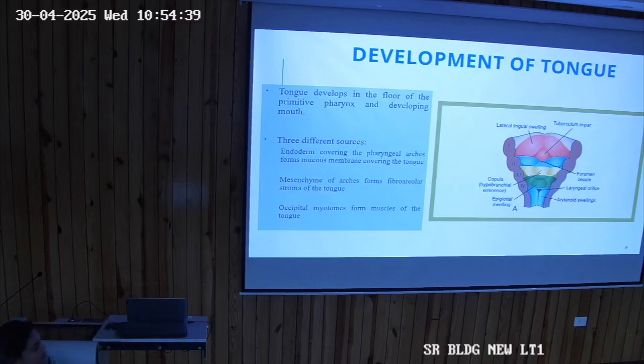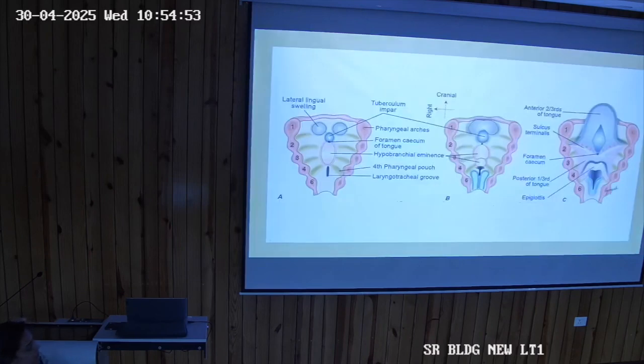Now caudal to the first pharyngeal arch, we have second, third and fourth pharyngeal arch. Again a rounded swelling is formed over here which is known as hypobranchial eminence. Now hypobranchial eminence in the region of the third and the fourth arch overlaps the second one and it goes out and fuses with the posterior part of anterior 2/3 part of tongue along the sulcus terminalis and it is going to form posterior 1/3 part of the tongue. So posterior 1/3 part of the tongue is formed by the hypobranchial eminence, mainly by the third pharyngeal arch, and posterior most part of the tongue is formed by the fourth pharyngeal arch.